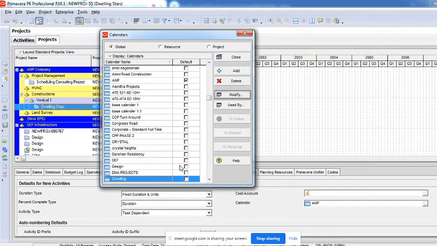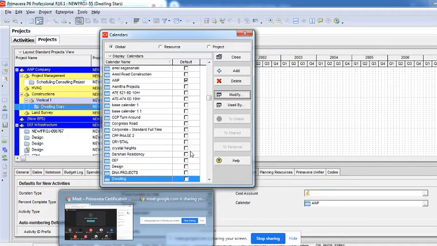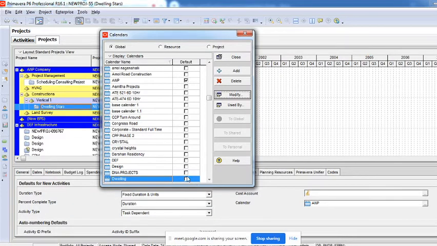Now, a very important thing, I was just telling you about this default. I was the only person talking, you people were not listening. The moment you create any calendar, ensure that you make it default. Why make it default? When you create a calendar, assign it to a specific project and start working, you expect everything to follow the same calendar.